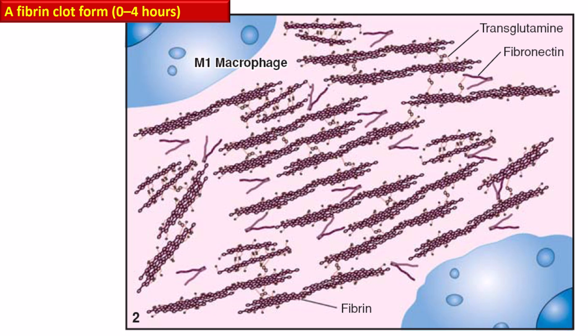A fibrin clot is formed during 0 to 4 hours of the injury, and in this diagram it is illustrated along with the early organization of the extracellular matrix and its function in the wound healing. And here it is also focusing on the role of M1 macrophage and the fibronectin and activity of the transglutaminase. So M1 macrophage, they are